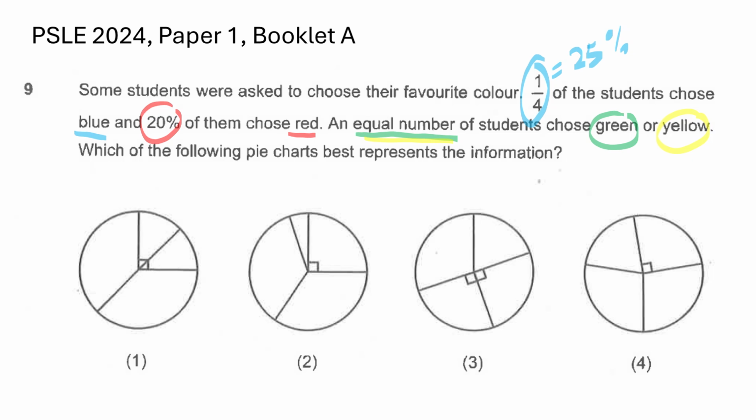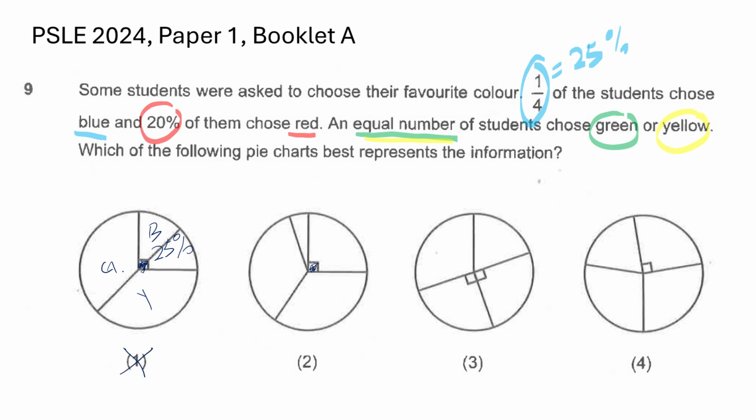Okay, option number 1. They say that 1/4 of the students chose blue, so I can see a right angle here. This right angle actually represents 1/4, which is 25%, and this is blue. However, in this pie chart, you see that there's no red. There's no piece that's actually smaller than 25%. There's an equal number for green and yellow, but red is missing in this pie chart, so option 1